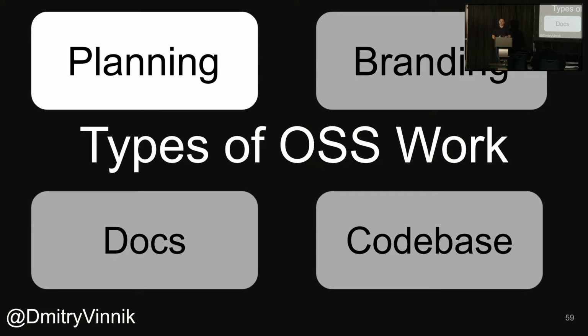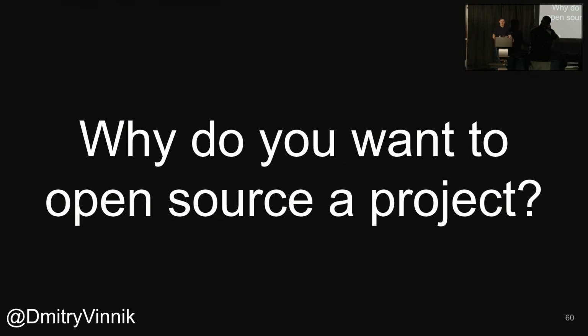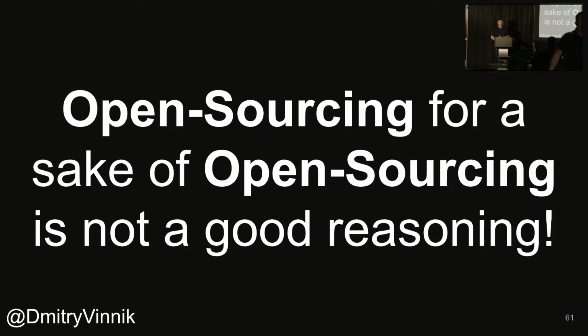Alrighty, so let's start with the planning. Probably the most important, not probably, it is the most important. As I said, we have a portfolio of 800 projects at least, and obviously the planning one comes to be the biggest blocker, the thing that I talk to the project owners about the most. It's really the question I have to ask them, why are they doing open source? Because often the reasoning might be, I would say silly, but something that is just doing it for the sake of doing it. It's never a good approach, because it's not going to stick. It's not going to work out. It's the same with software.